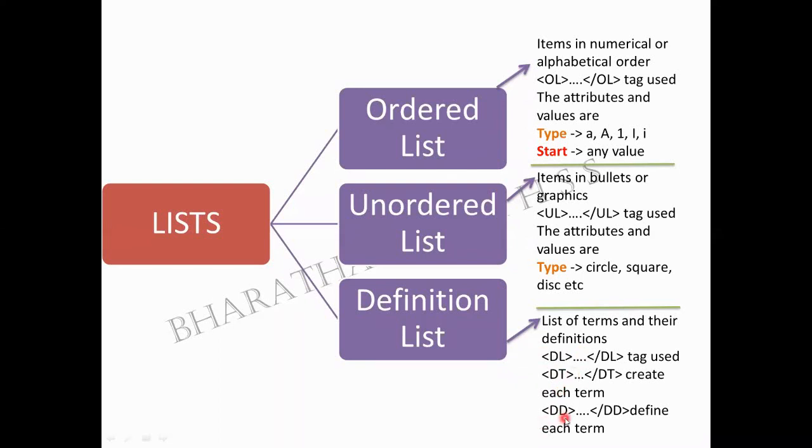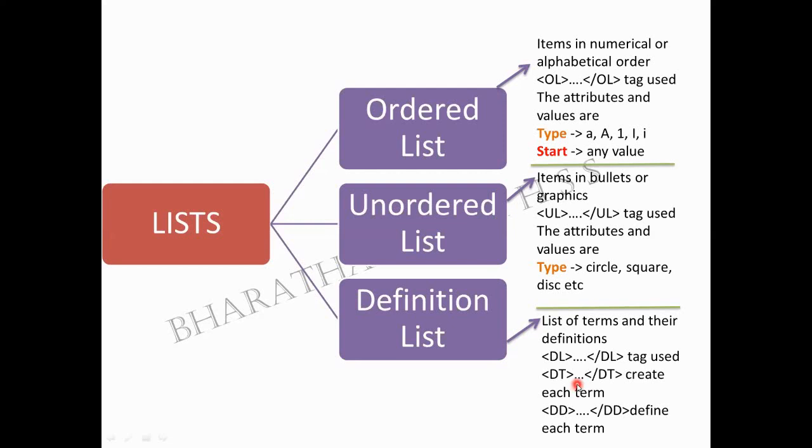For example, you are learning about a definition known as Fleming's right hand thumb rule. Yes or no? That is the name of that rule. The name of that rule could be treated as a definition term. Each term will be written with the help of your DT tag. So you have to write it in between this. I have put a dot dot dot over here, right? In between this portion you have to write that term.